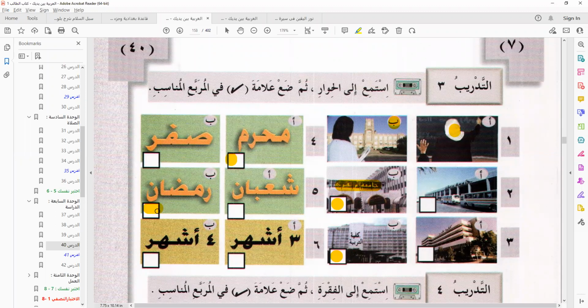Yes, this is the last now, the 6th. Kam shahran al-utla. كم شهر العطلة؟ العطلة 3 أشهر.